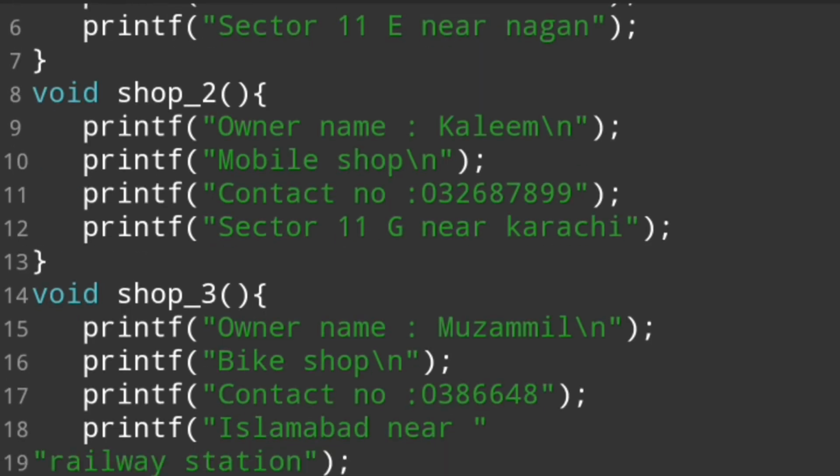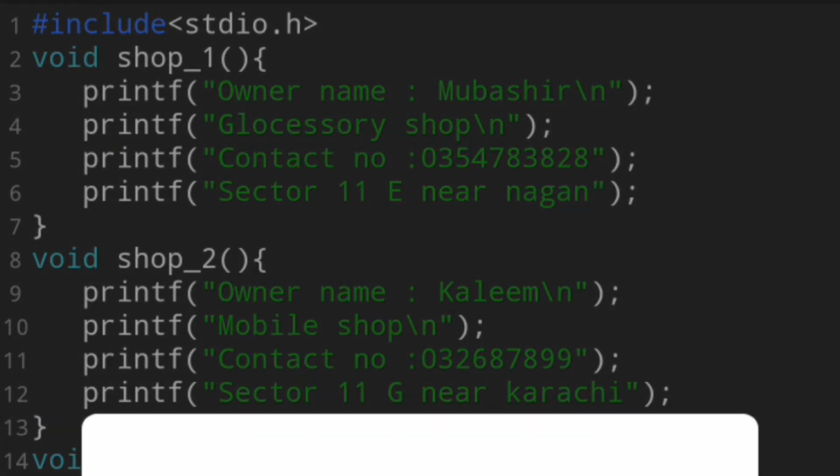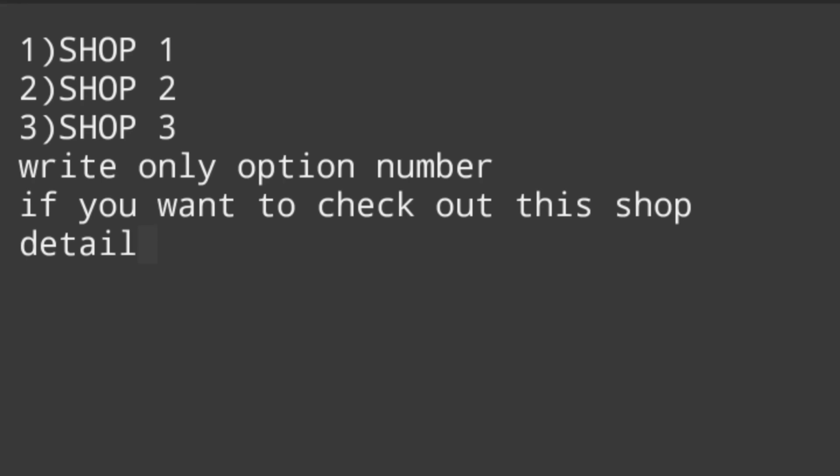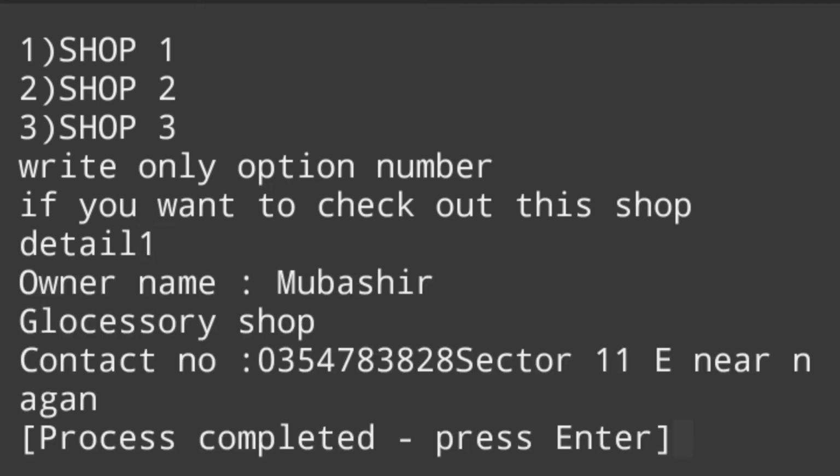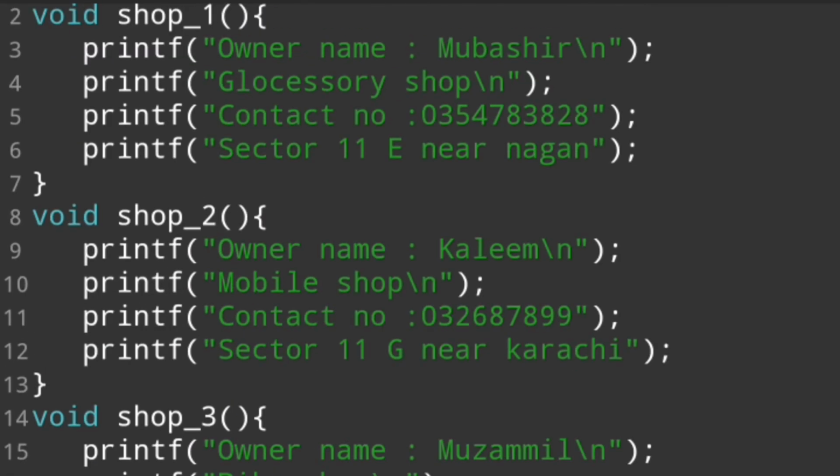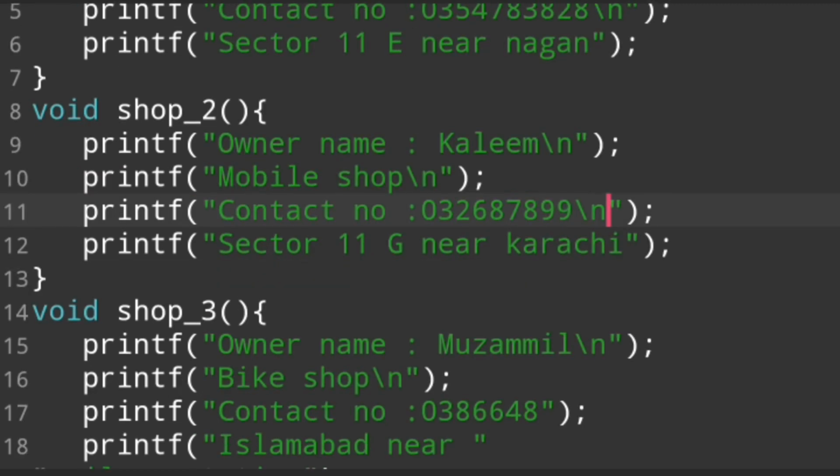Allah Hafiz, bye bye. When I run this program, see what happens. This program says write only the option number if you want to check out the shop detail. If I say 1, the detail of shop number 1 is printed. Owner name Mubashir, grocery shop, contact number this, sector 11E near Nagan. So we want to use selection in this area. For new line printed, for new line,